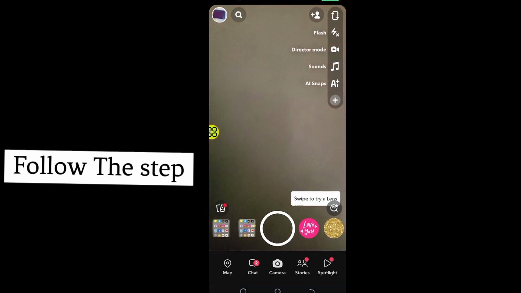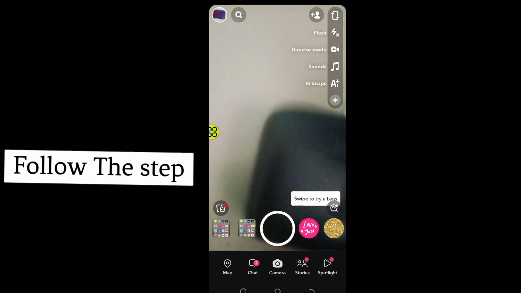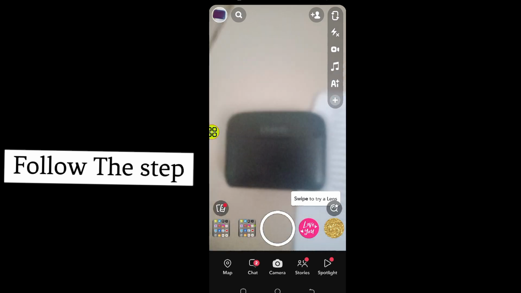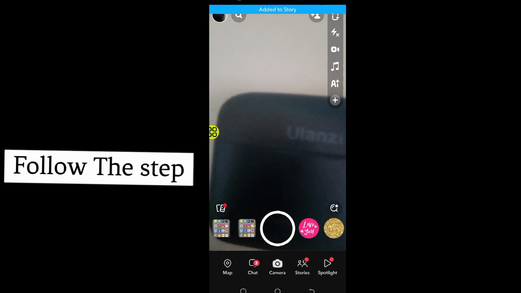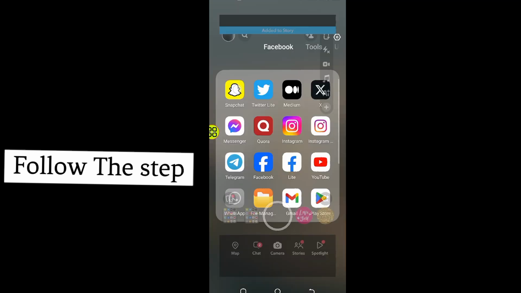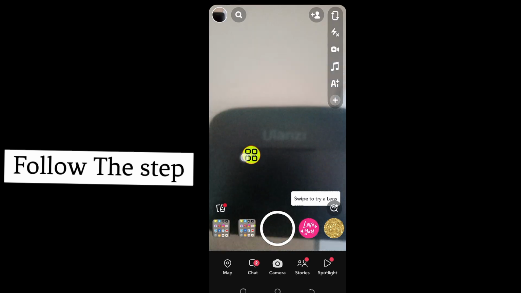Now after you open your Snapchat, I'll go ahead and take a screenshot and add a story to my story like this one. After you add a story like this, my story has been added. So now if I want to see who took a screenshot of my story,